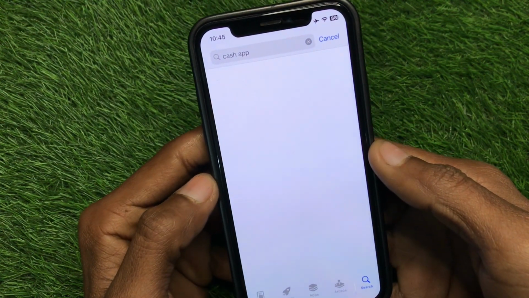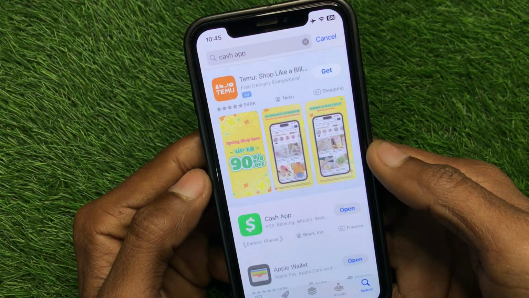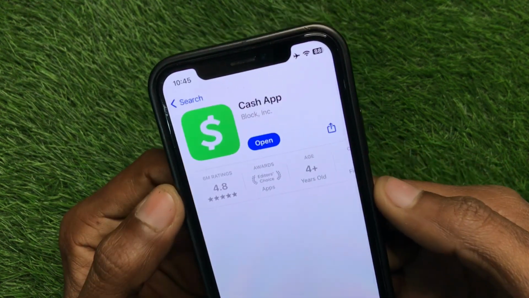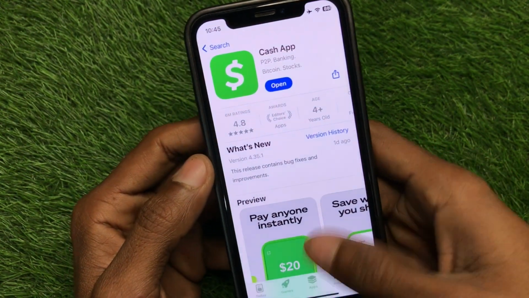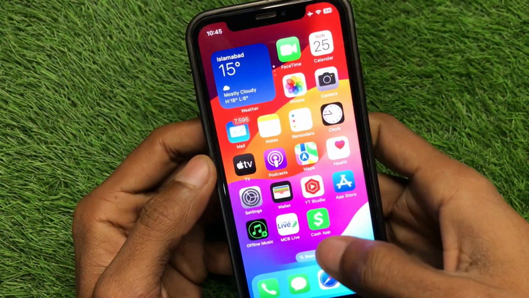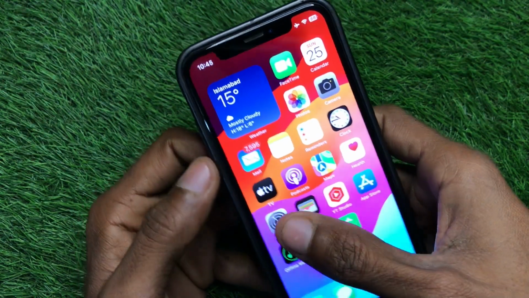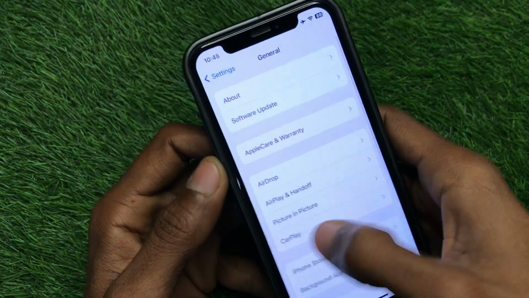So guys, after searching this app, you have to open your app here. And guys, you need to check for update. If your app is not updated, you need to update your app first. And guys, after doing these things, if it still doesn't fix your problem, you have to open your settings again, click